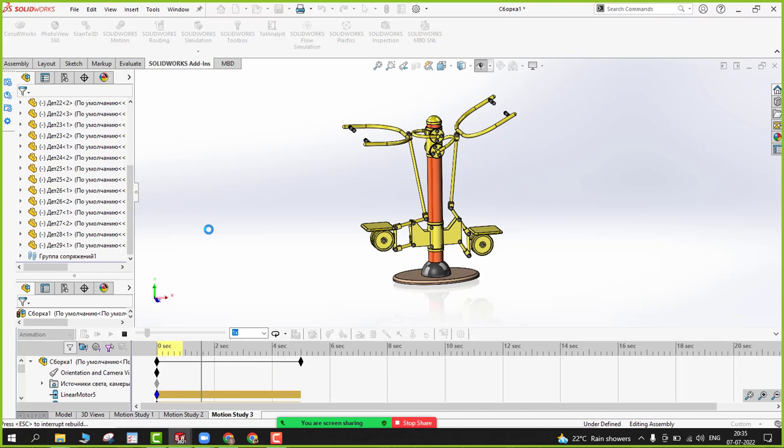And according to the inputs you have given, the motors and the mates, it will try to create the animation mechanism. Okay,